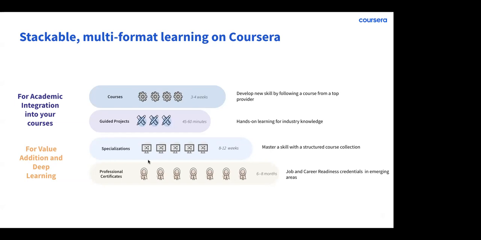Similarly, professional certifications are also a combination of courses, but they are offered by our industry partners. For example, we have certifications from Google on data science, on data analytics. We have certifications from Facebook on social media marketing, backend web developer, front end web developer. So, all of these technical certifications are also there. If any of your student wants to get into such roles or they want to get into such jobs,